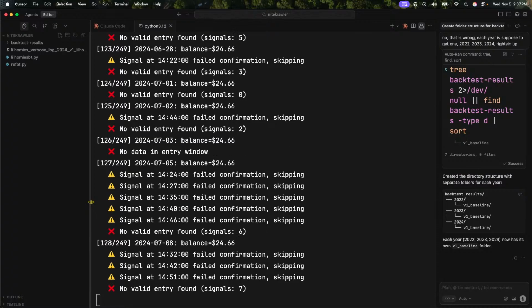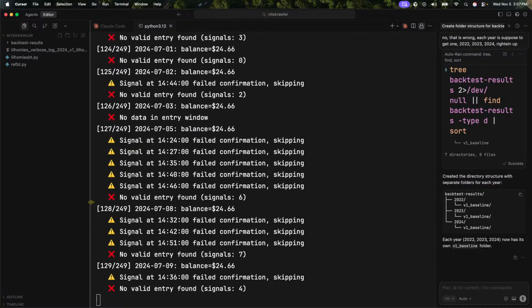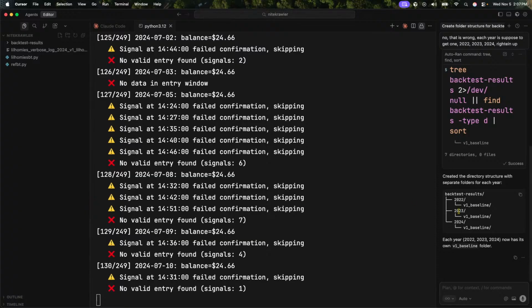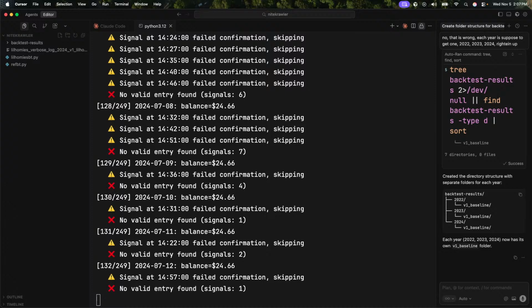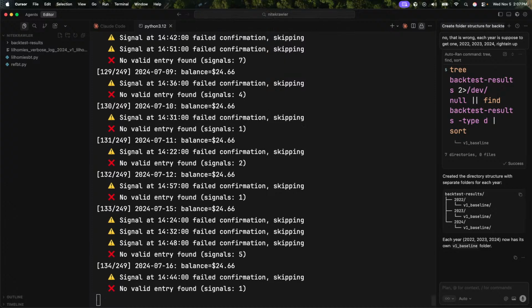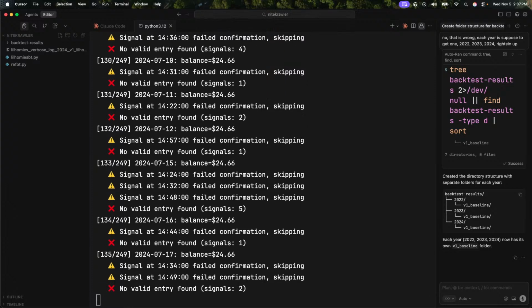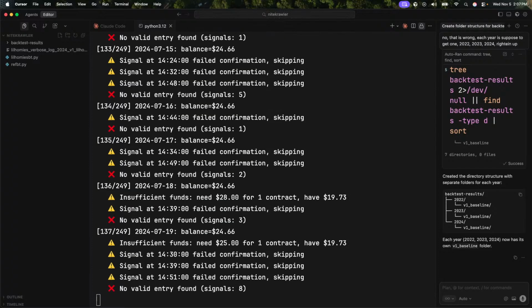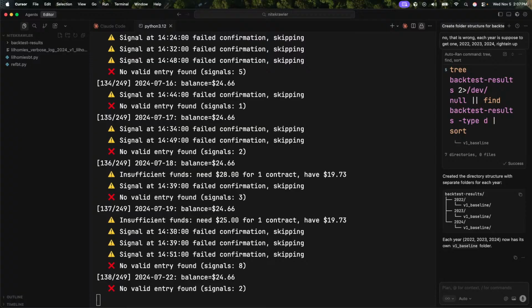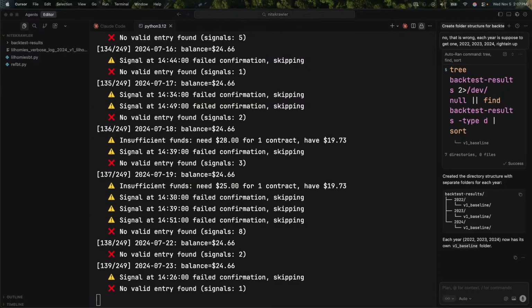You know what? I think we may need to do a little 2-for-1 strategy here, y'all. But nah, I'm interested to see how this is going to work, because I really think there's some misplaced logic here when it comes to the option expiring overnight. You know what? While the backtest is running,